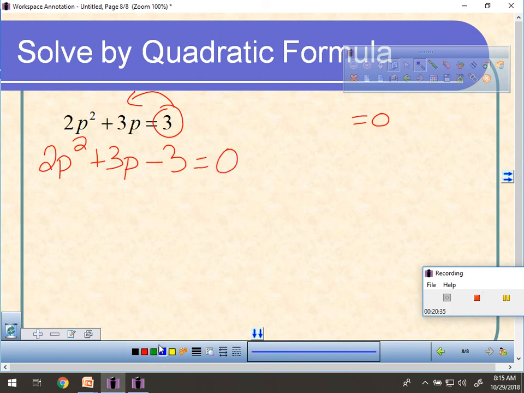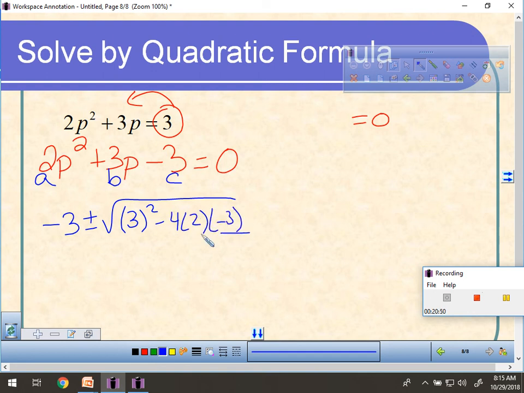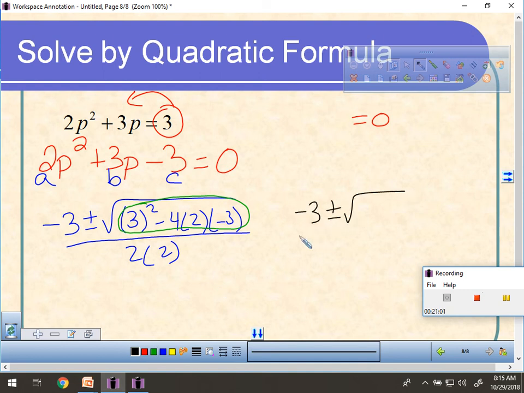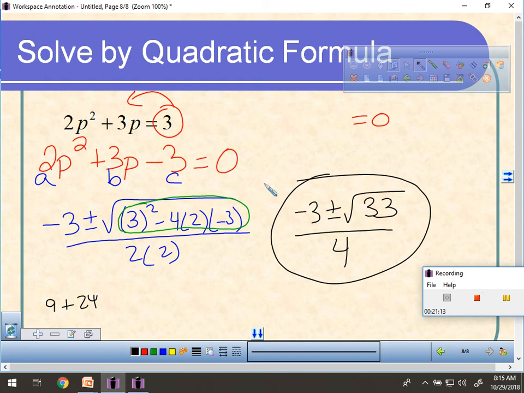And so then what I'm going to have here is A, B, and C. And so I'm just going to plug it in the quadratic formula. I'll have negative 3 plus or minus the square root of 3 squared minus 4 times A times C all over 2 times A. Remember, you can't type the whole thing into your calculator. You can only type in the discriminant, which is that part right there. So I'm going to have negative 3 plus or minus the square root over 4. And then if I plug this into my calculator, 3 squared plus 24, that should give me 33. So this will give me negative 3 plus or minus radical 33 over